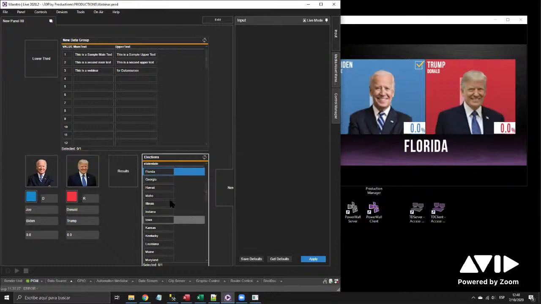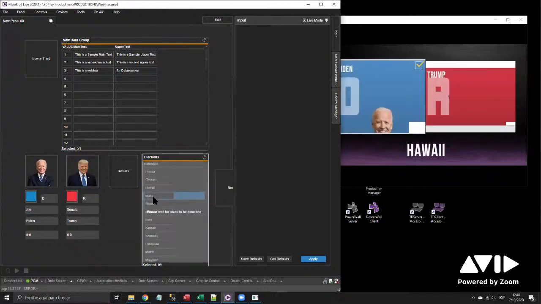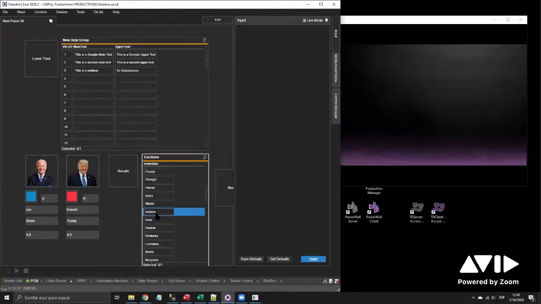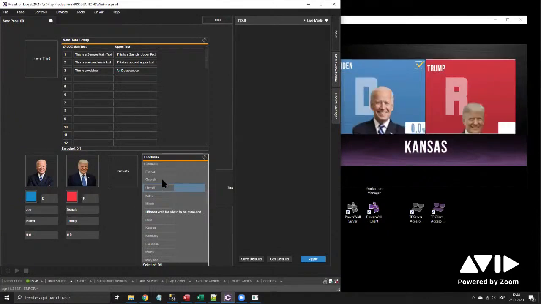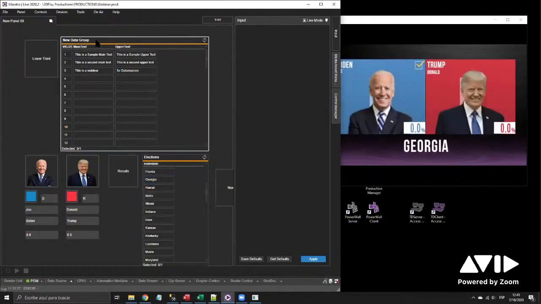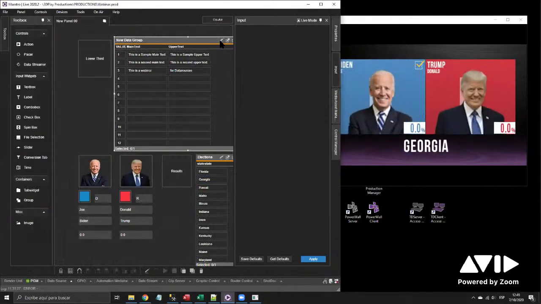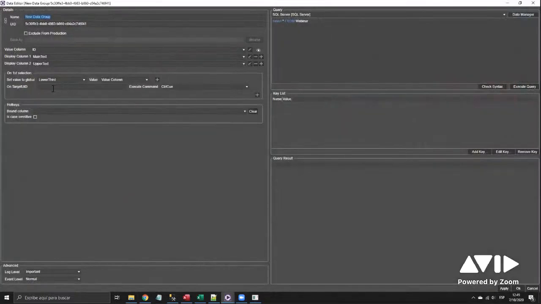That state is stored in a global parameter, and each one of the controls in here uses that global parameter as a filter and brings only the information from that specific state. You see that it's playing automatically. This is because in the data group, you can say that if you want, you can play an action when you click on the